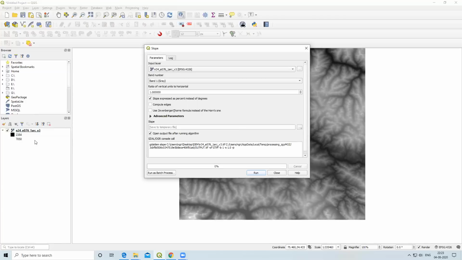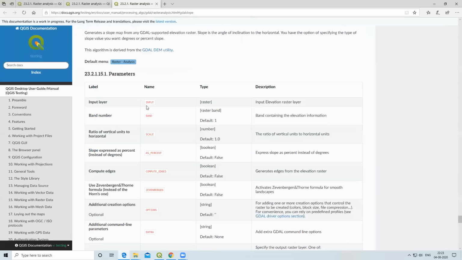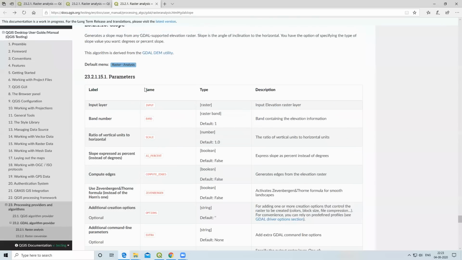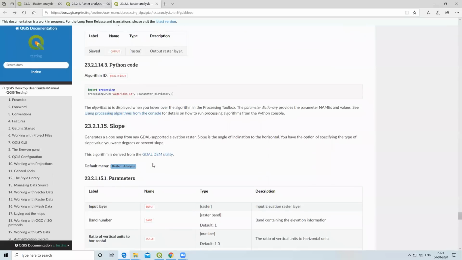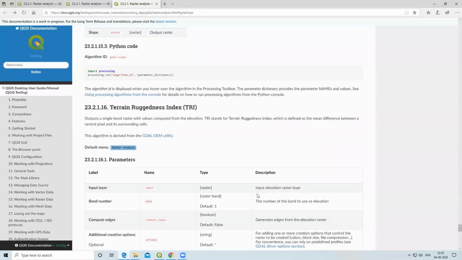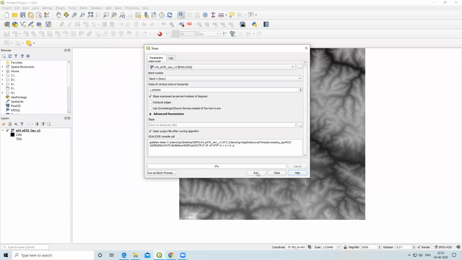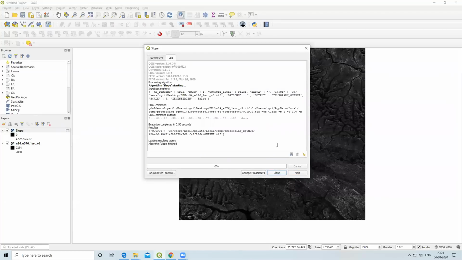Then you can click on help to see the details about the slope, aspect, contour and hillshade. So all the details are available in the help tool. If you need to know how to prepare all these maps, the steps are also given there, so you can follow them. Later you click on run. So our slope map is created here. Algorithm slope is finished. So I'll close this.